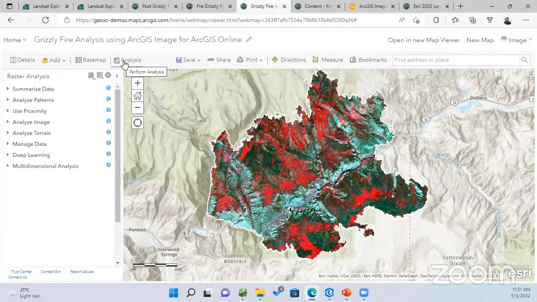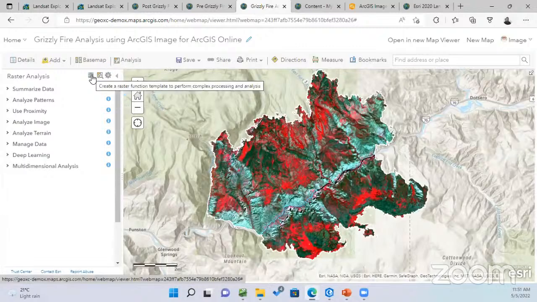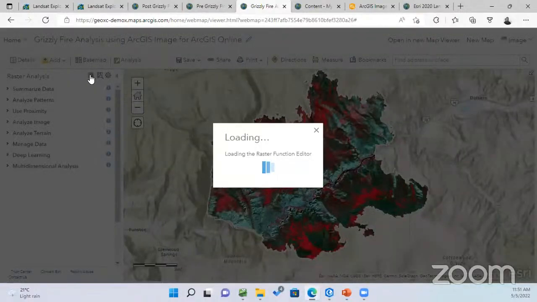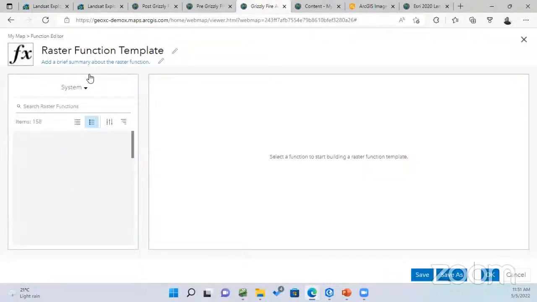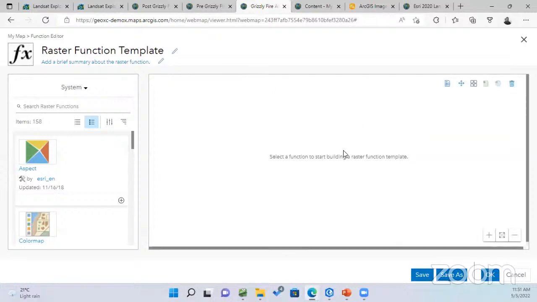On the analysis, perform analysis button, here at the perform analysis tab, you'll see at the top, you're able to create a raster function template to perform the processing and the analysis. So if I click on it, it loads the raster function editor, whereby you can chain different tools to have